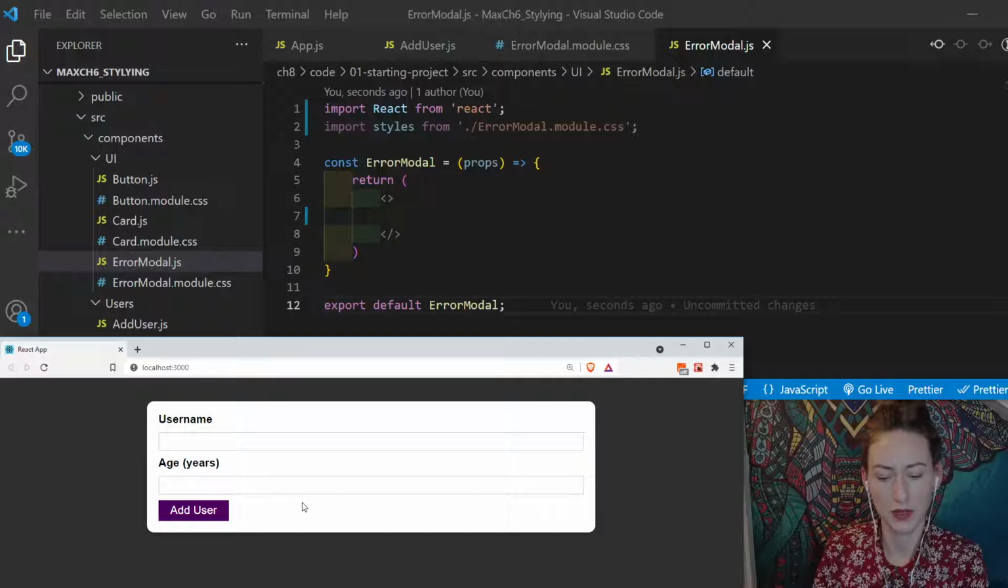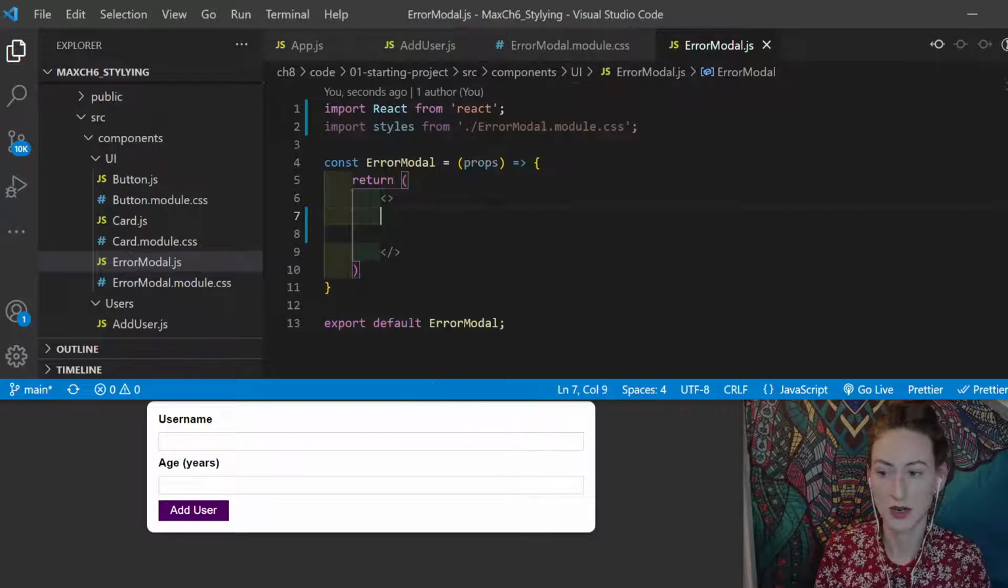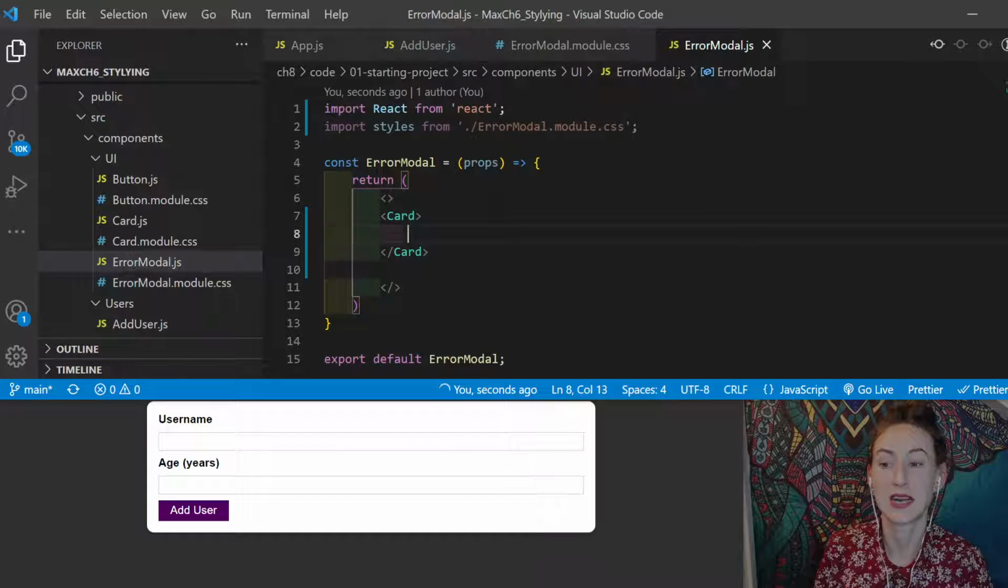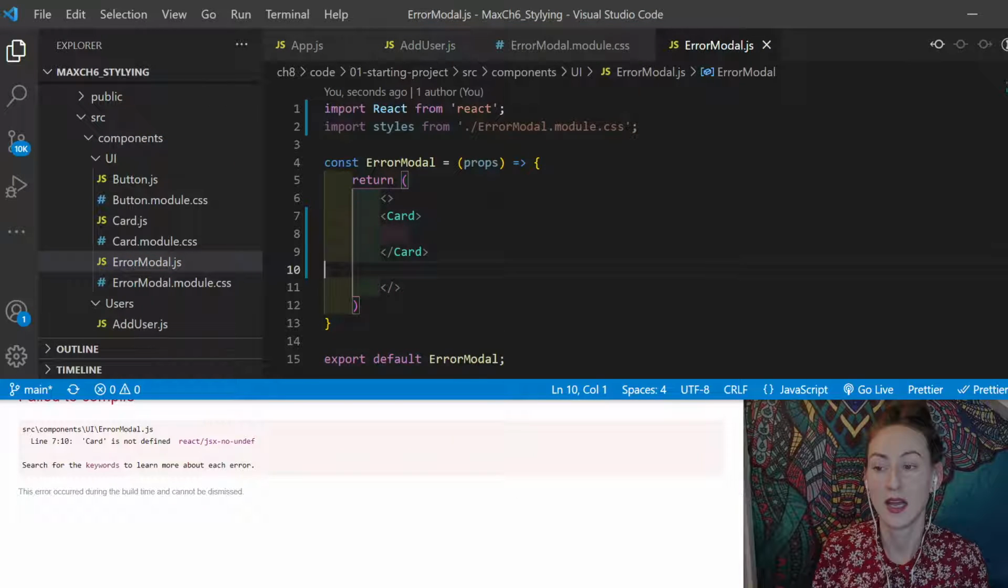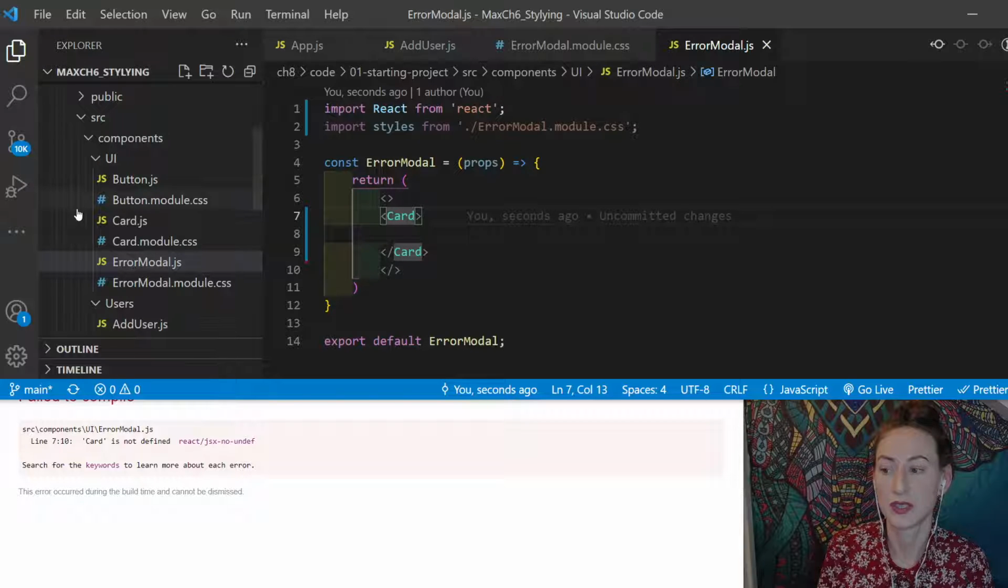Okay, so now that we're passing in our props, we're just going to define what it is we want our error modal to be. We're going to wrap this in the card component, and that's just for an aesthetically pleasing component, because all our card does is, and we haven't imported it so we can't click through and look at it,